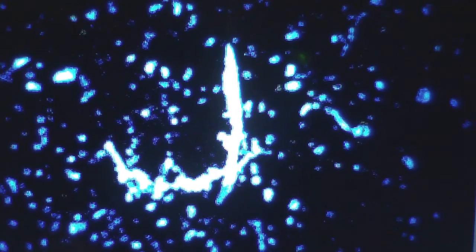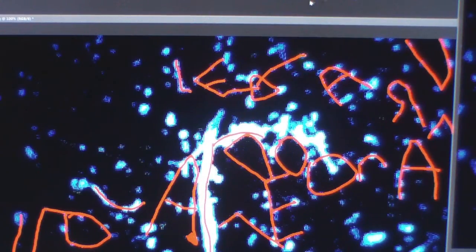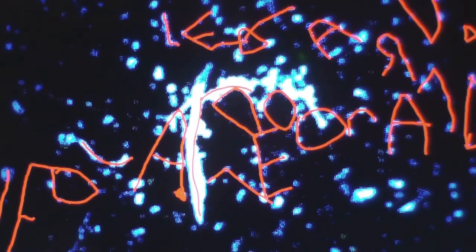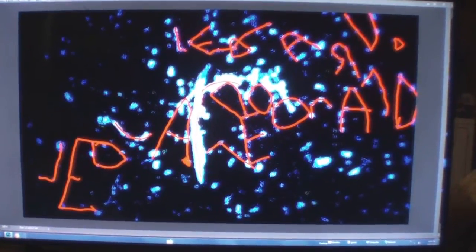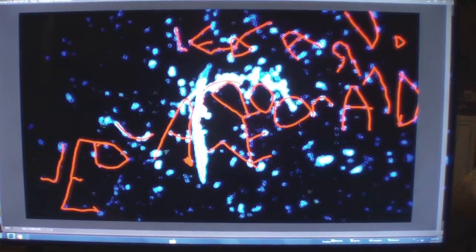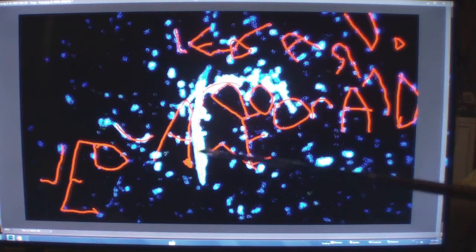This is an image that was shot with a Phase One 100 megapixel camera, twice the distance that they use from the universe to the Earth, for which they use a 50 meg. So this is what it looks like when it's turned around. And as you can see, it looks pretty confusing. But in the end, when this is flipped around, the brightness of this is actually Leonardo da